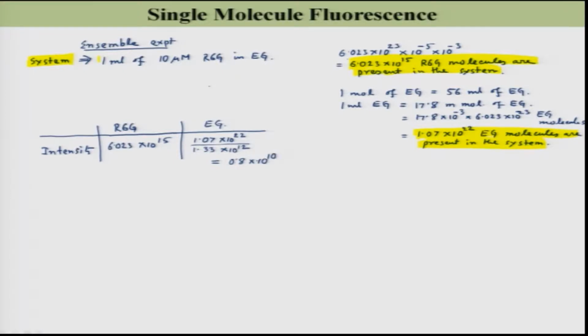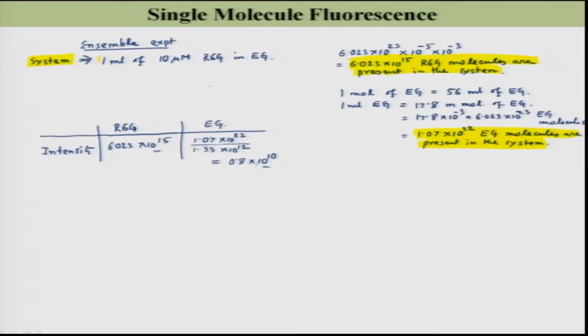So, as you can see here, the intensity of emission from the rhodamine 6G is 10 to the power 15, and the intensity of Raman scattering from this ethylene glycol is 10 to the power 10, which is much smaller